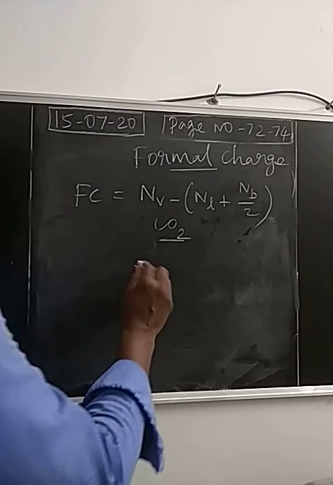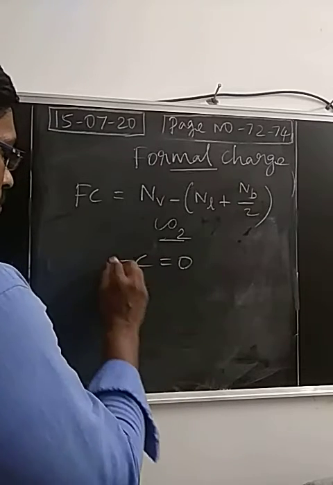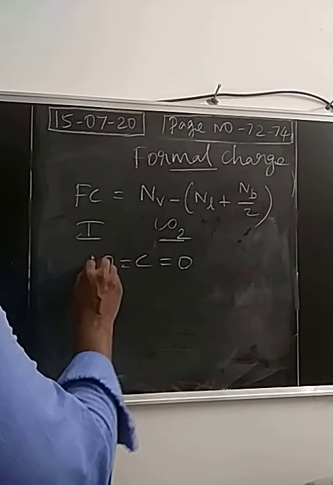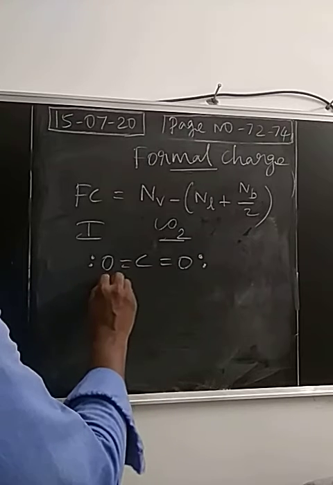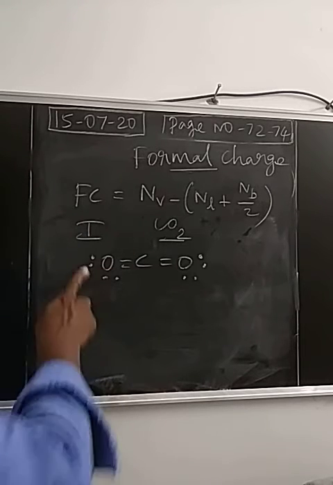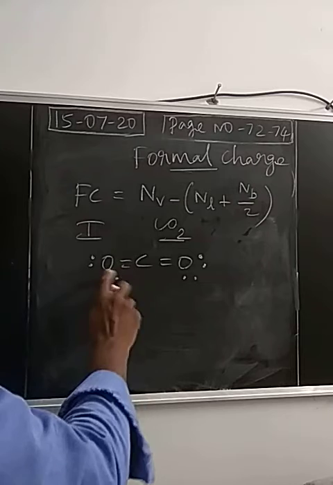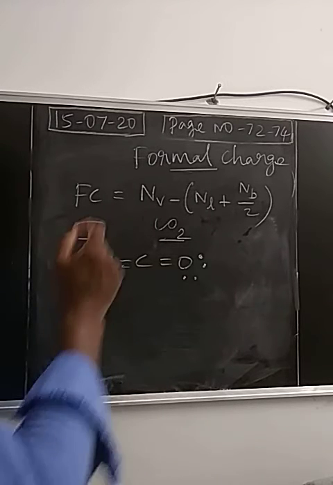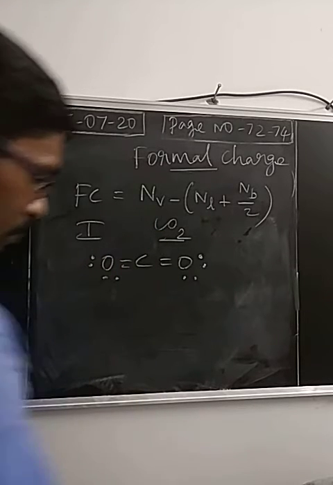We consider the first structure. So this is structure number 1. This is a stabilized structure. Around each atom, 8 electrons will be there. 2, 4, 6, 8 for carbon. For the second oxygen, 2, 4, 6, 8. So all the atoms are stabilized. So this is the first possible Lewis structure for carbon dioxide. Now calculate the formal charge. For each atom you have to calculate.